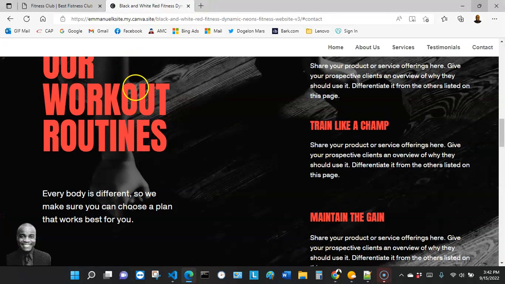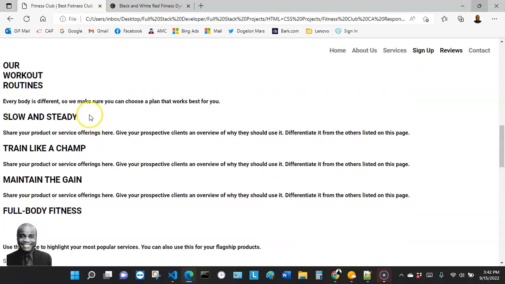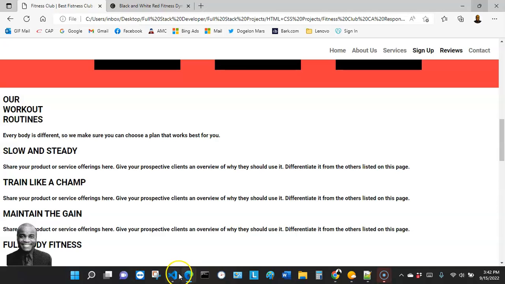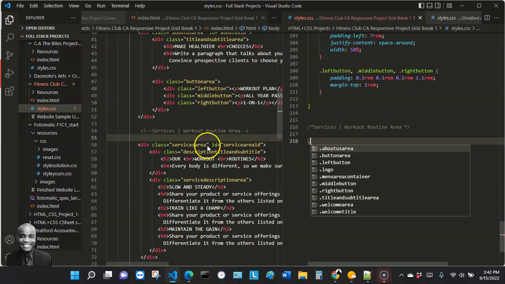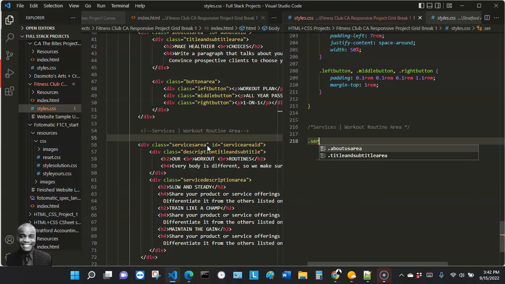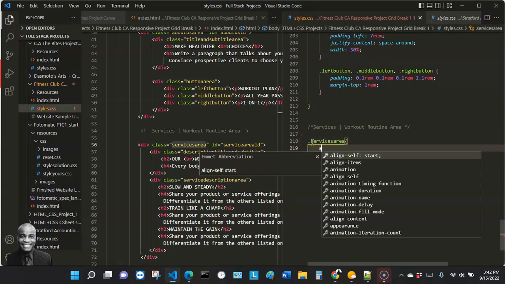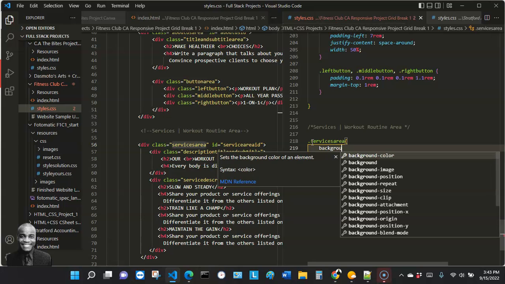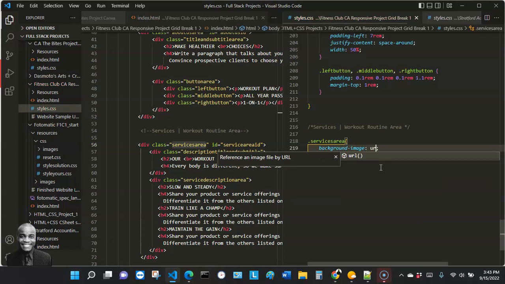Okay, as you can see right over here, they have an image background. So we need the image background, and then we can style the other ones along with it. Okay, so let me copy this class right here, or let me see if these guys will help pull it out for me. Oh, they didn't. Okay. So that will be services area. Copy right here and paste. So that'll be services area, and I want the background image, background image URL,